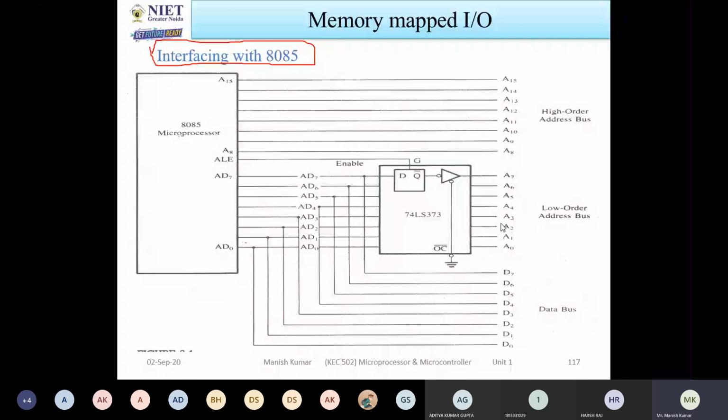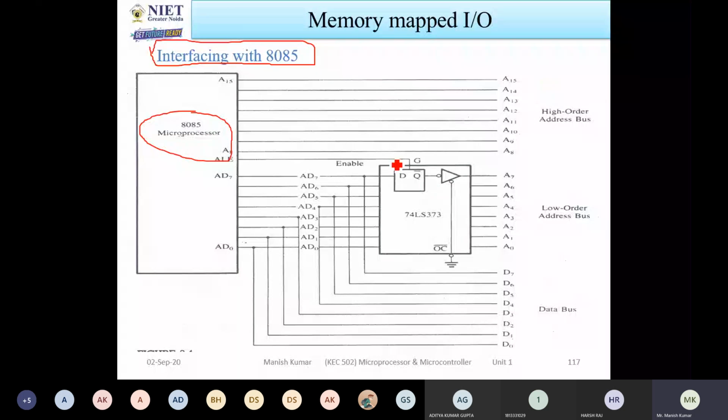So this is the basic concept behind that. If you want to interface any circuit with 8085, either input devices or output devices or any peripheral devices or any interface like controllers, keyboard and so on, the basic concept is that you first have to generate the 16-bit address and the 8-bit data bus. So with the help of the address bus and data bus, you can connect any devices.